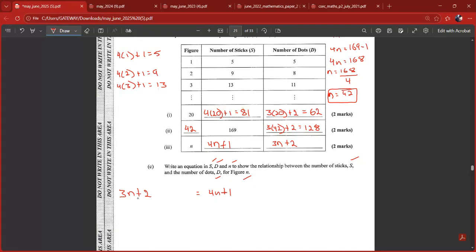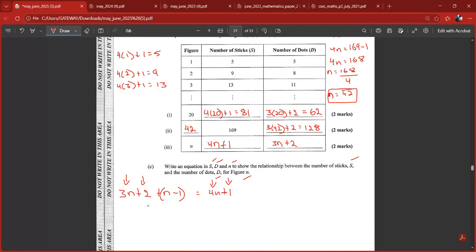So I have to write an equation relating the number of dots to the number of sticks. So I have 3n here, but I have 4n here. How do I go from 3n to 4n? I simply add n. I have positive 2 here and I have positive 1 here. How do I go from positive 2 to positive 1? I simply minus 1. So I am adding n minus 1 to the 3n plus 2 to get the 4n